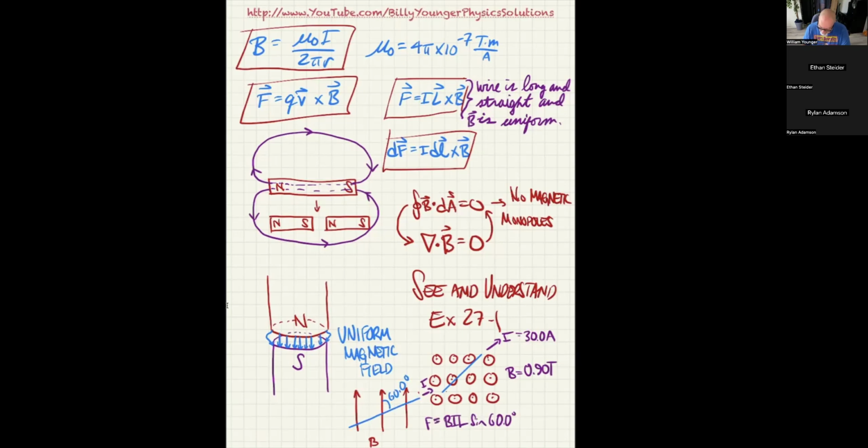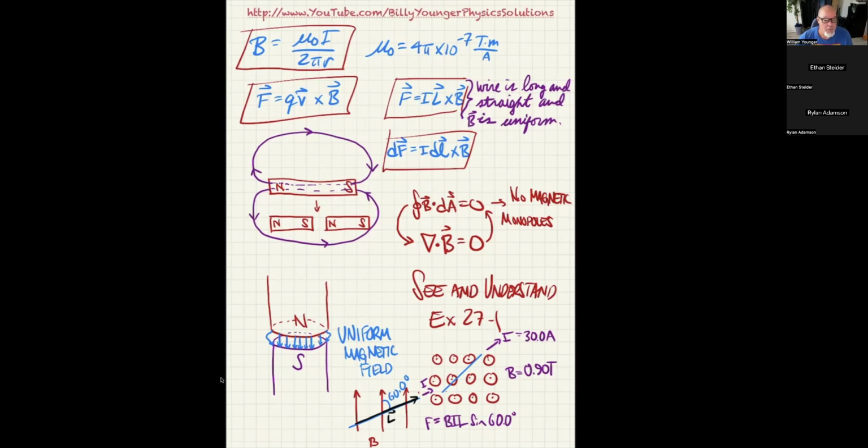That theta is meant to be when the L vector and the B vector are tail to tail. So you can see, looking at this one, for instance, that the L vector is supposed to be parallel to the wire, and it's also supposed to be the length of the wire. So you could imagine this as the L vector, and you see that it is, in fact, tail to tail with B, so you can just plug that in and get the result. So now that we have that,